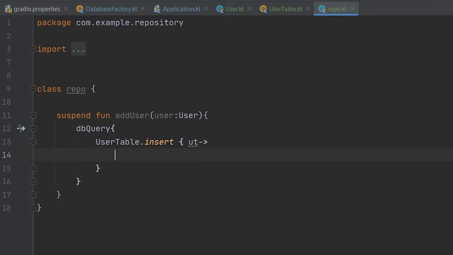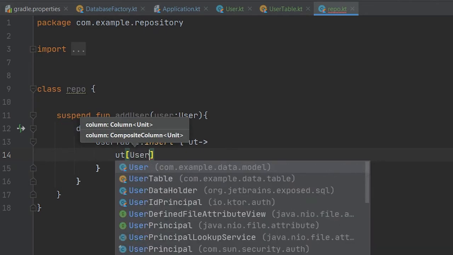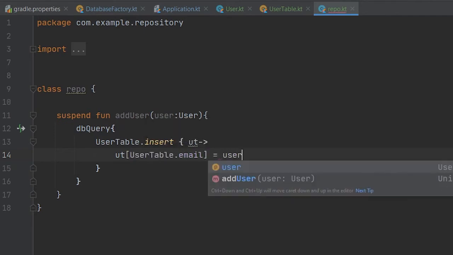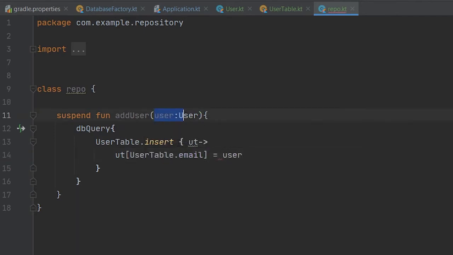This ut is a user table, and to pass the email we have to do like this: user table dot email is equal to user dot email, where user is what we are accepting in our parameters.